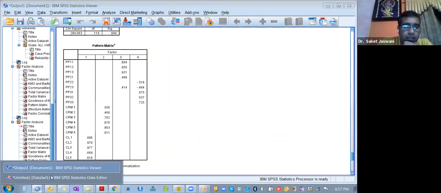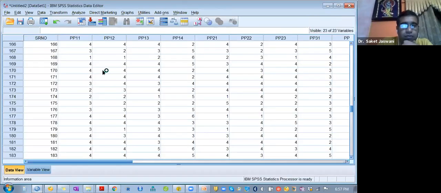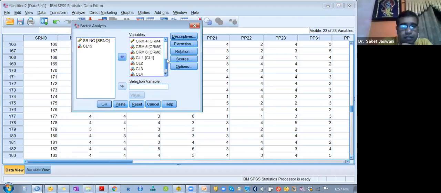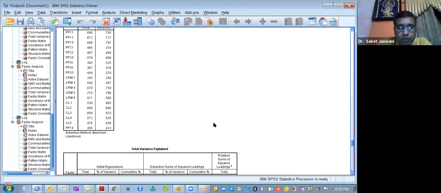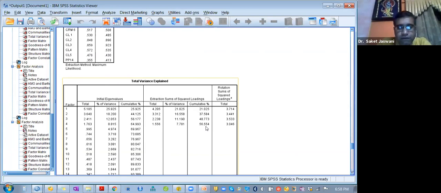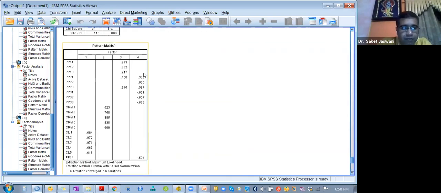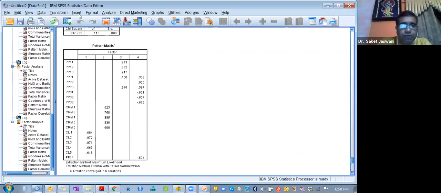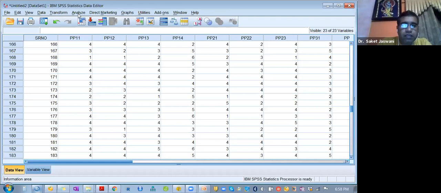CRM2 हटा के देखते हैं, चलिए CRM2 को हटाने से CRM2 को हटा के देखते हैं, चलिए। सो वी गो टू अगेन टू डायमेंशन रिडक्शन फैक्टर, PP14 हम वापस ले लेते हैं एंड CRM2 हटा के देखते हैं, ठीक है। वेरिएंस एक्सप्लेन अभी भी उतना ही है, 4 फैक्टर्स आ रहे हैं, 56.54 ये भी कम आ रहा है। पैटर्न मैट्रिक्स अभी भी सब गड़बड़ आ रहा है, तो हमें CRM2 भी हटाने से कोई फायदा नहीं हुआ, राइट।